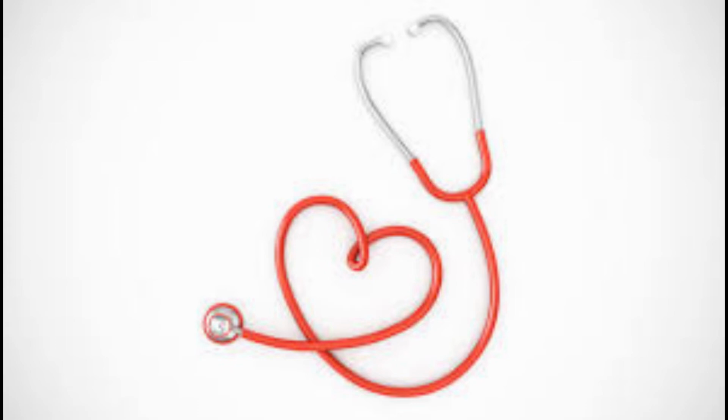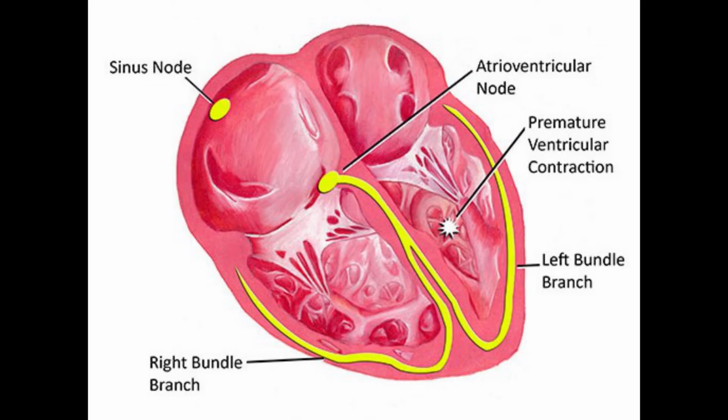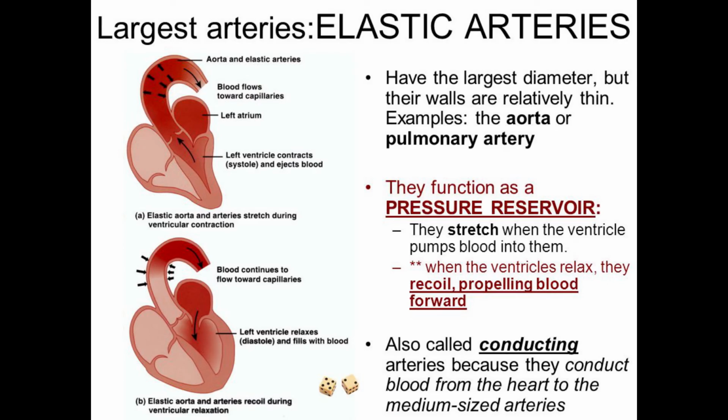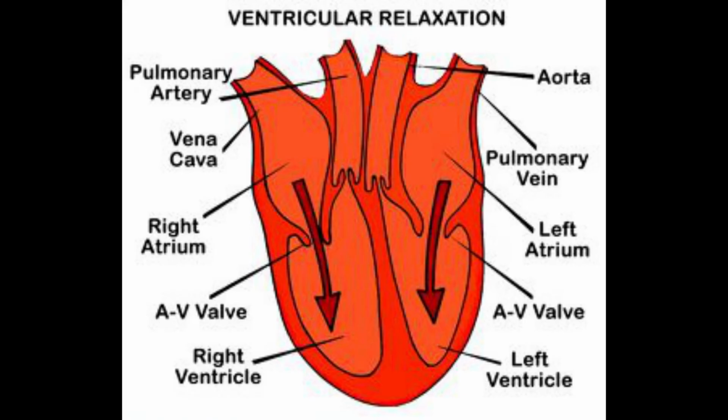Now we'll see about pulse. When the left ventricle contracts, blood moves into the arteries with high pressure. The walls of the arteries stretch because of this pressure. When the ventricles relax, the pressure comes down. The stretching and relaxing of arteries with each heartbeat is felt as a throbbing called pulse.